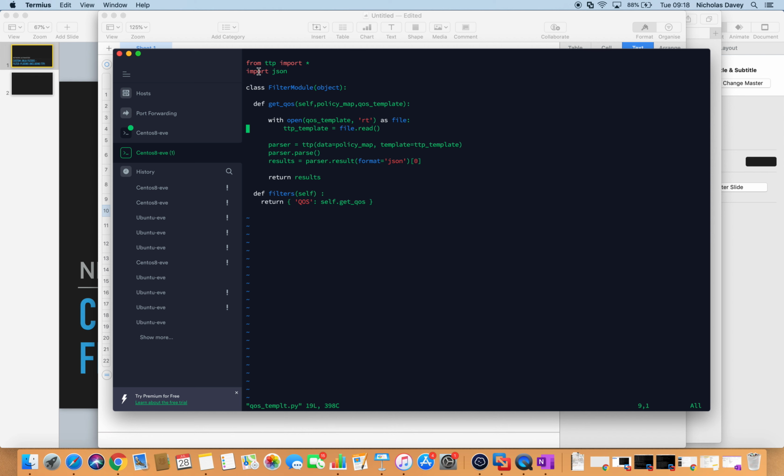So in this instance, I've imported the TTP library and the JSON library because I want my structured data in JSON format. So I have a method called getQos. I'm passing into the method the policy map. So in my playbook, I'm going to run a show run pipe section policy map, say parent, and the qos template, the file that I just showed you, which is called qos_parent.txt. And then I open that file, and